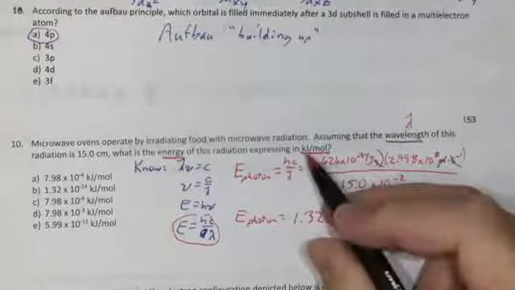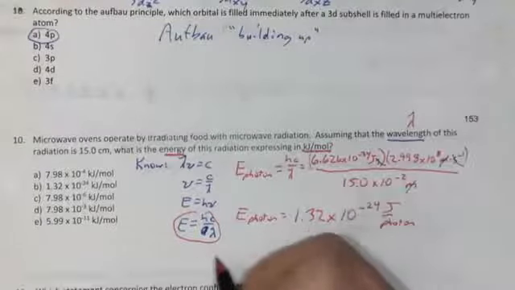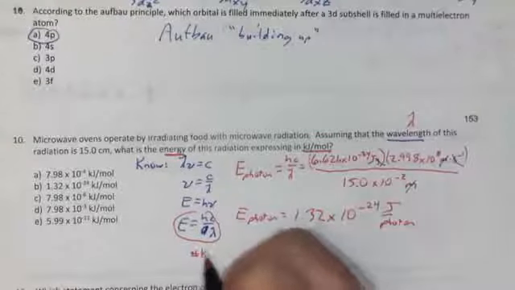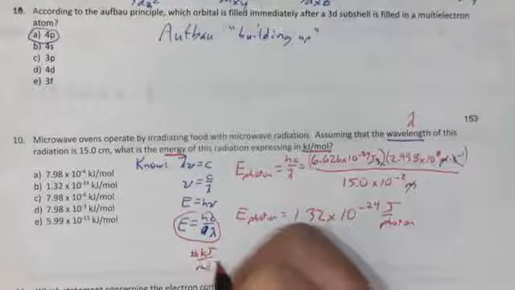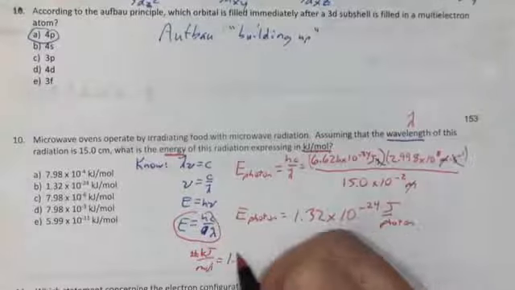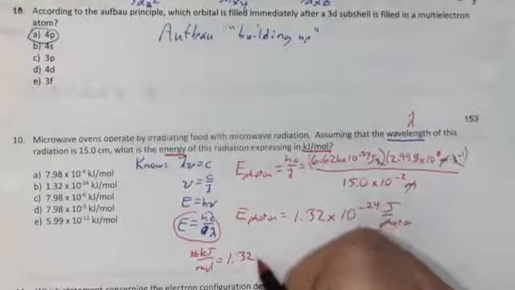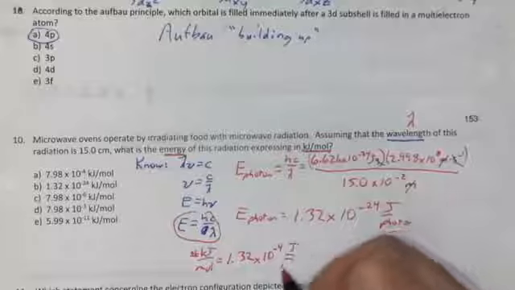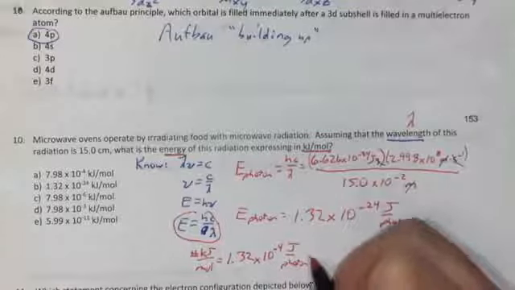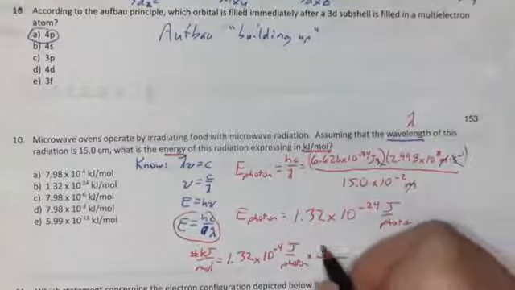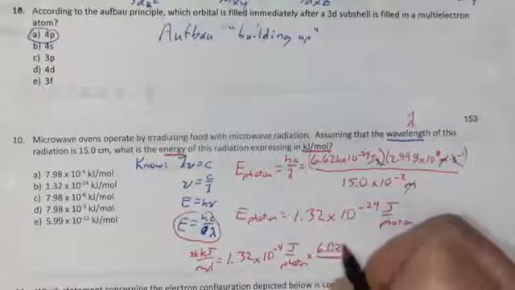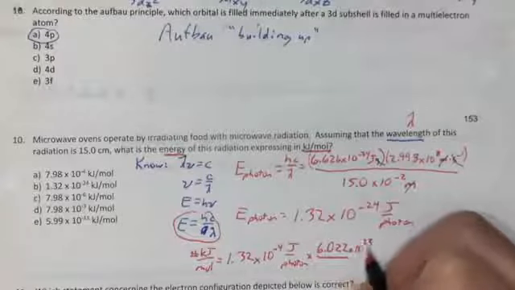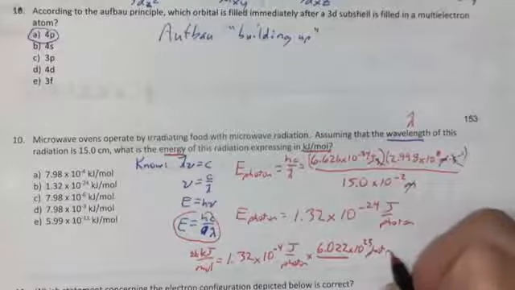But to get this in kilojoules per mole, I'm going to take the energy per photon, 1.32 times 10 to the negative 24 joules per photon, times, draw a line, Avogadro's number, 6.022 times 10 to the 23rd photons per mole of photons,